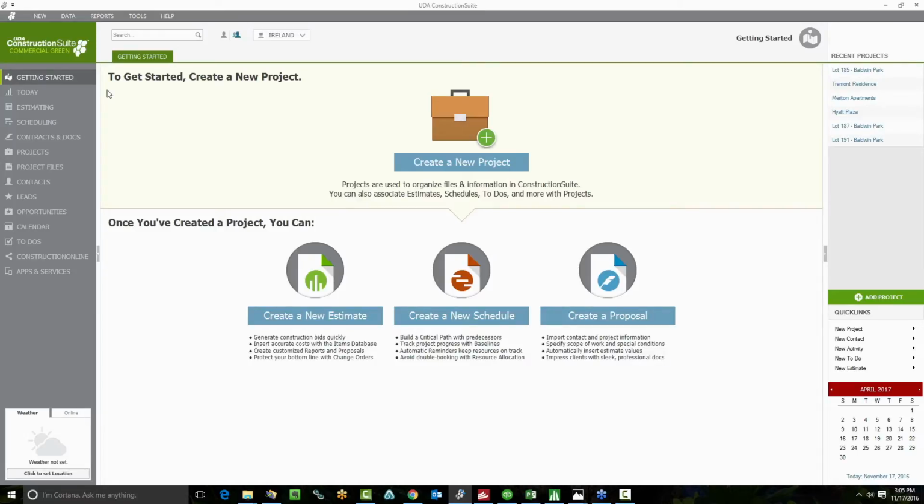We've still got the navigation panel over on the left-hand side. We've got some quick links and some shortcuts over on the right. This wonderful Getting Started screen here in the middle. And with the ConstructionSuite CRM, the main interface here, we've introduced some of our first integration partners right here in